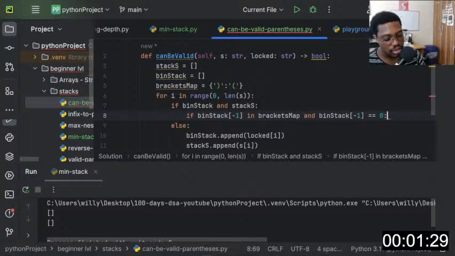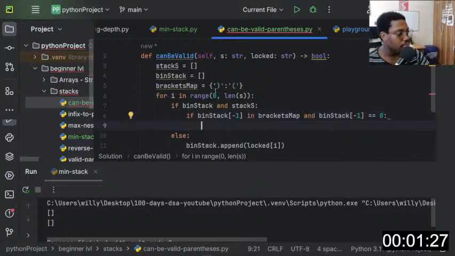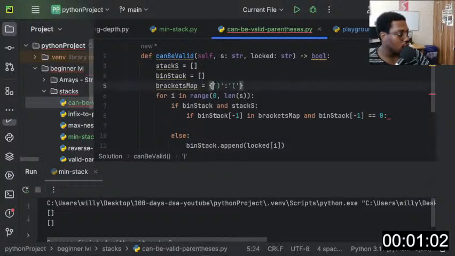So we want to know if we're using a parenthesis and this condition holds. If it is, then we want to convert it to this one here. So again,